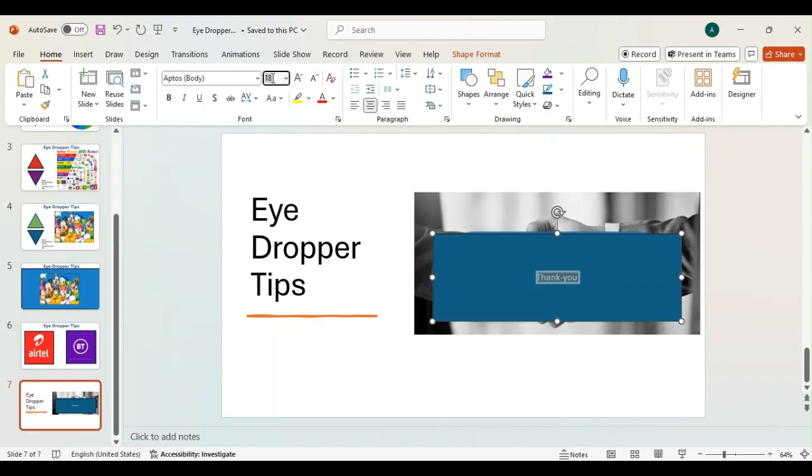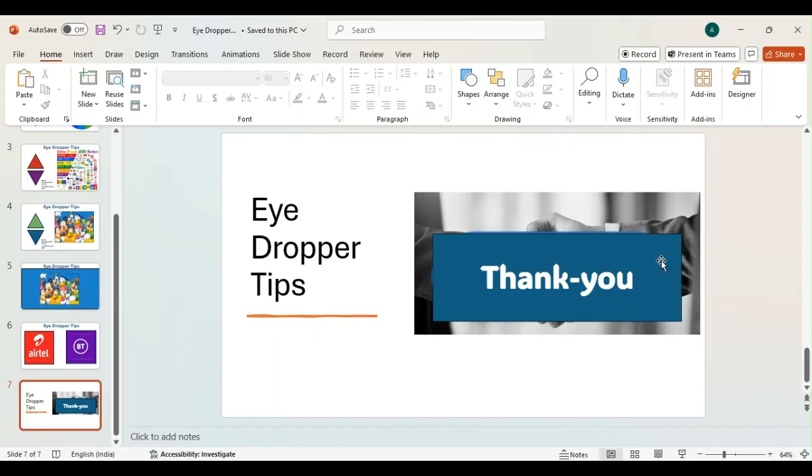Suppose changing it to, okay, make it a bit larger, and bold. If you want, you can change the font like this,